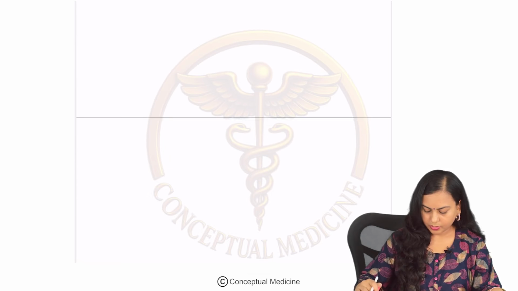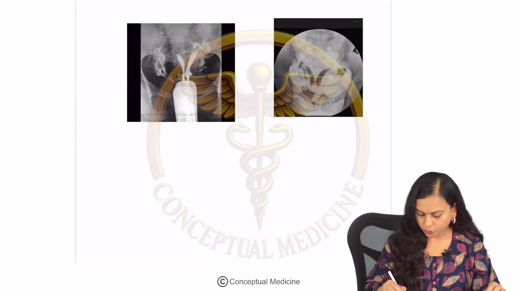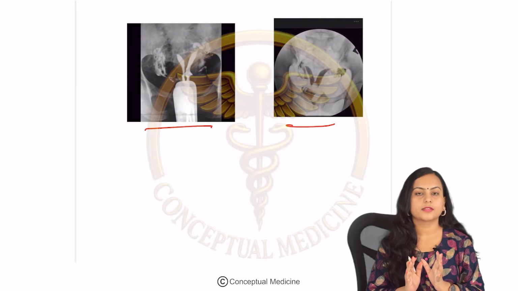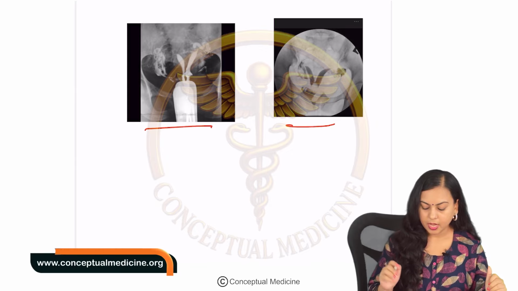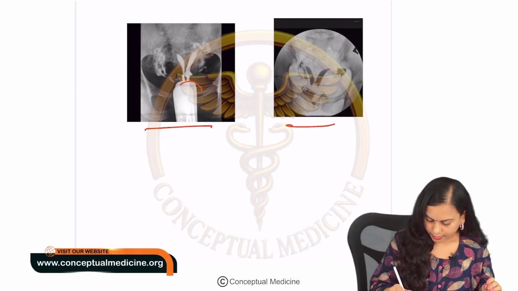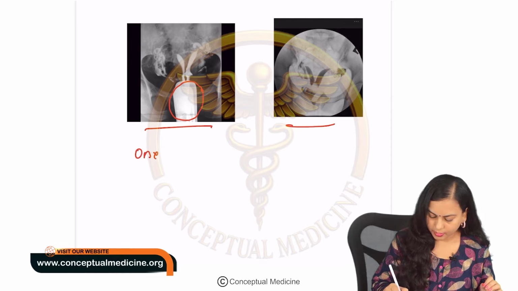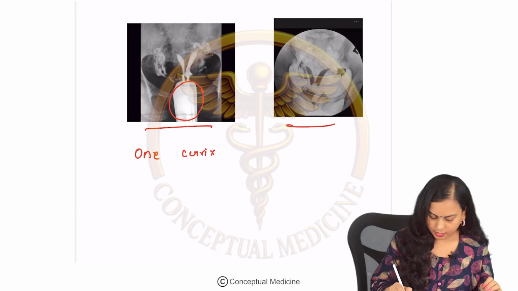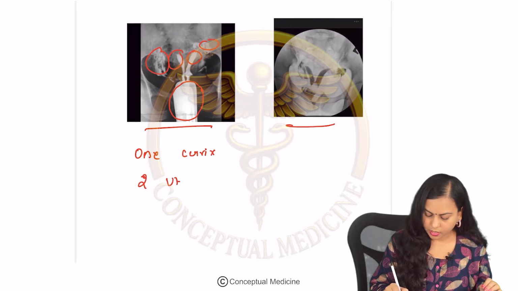Yes. Coming to the next one, where we are able to see two pictures. I placed these two pictures to show you two abnormalities, and there will be a lot of confusion as well. Now, if you see this picture, you have only one Leech-Wilkinson cannula here, so only one cervix, and you have two uterine horns and two fallopian tube spills.